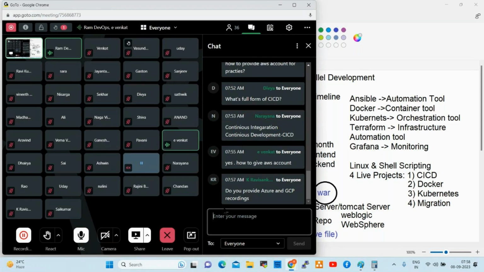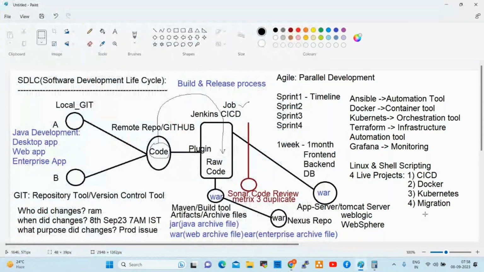Based on Terraform being utilized for infrastructure creation, do you have any project explanations? We cover four live projects only. Along with these four live projects, another 4 to 5 simple projects will be covered. Terraform one project, Jenkins one project, like that. These are the live projects. Along with these four, other small projects will also be covered.